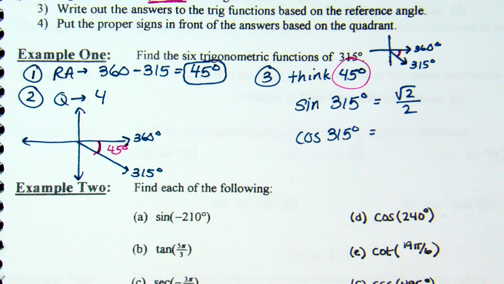Now, if you're sitting there saying, I don't have this chart memorized yet, Mrs. Sargent, which I'm expecting most of you don't, could you also draw a triangle? Do you have your special right triangles memorized? You can think about a 45, 45, 90 right triangle. What do we know about the legs in a 45, 45, 90? They're 1. And what about the hypotenuse? Square root of 2. And so you can either memorize the chart or you can think